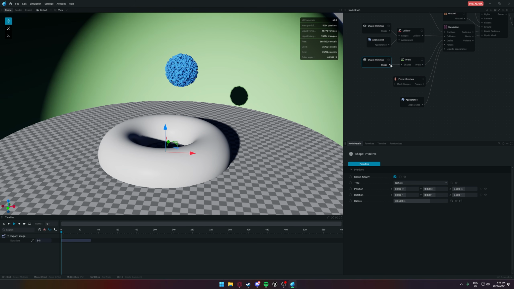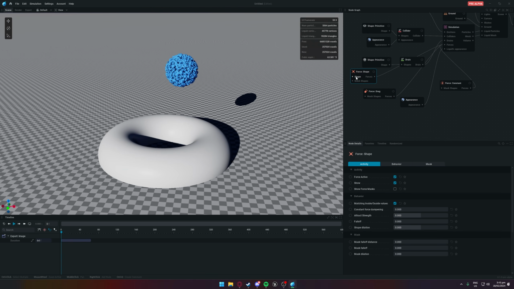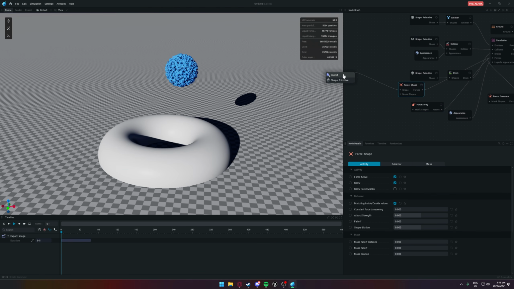So that's the drain. Pretty simple, pretty plain. Next we have forces. So you've got a force constant. This is just your basic stuff. It's just a constant force pushing. But you've got different forces, whether that's drag or shape. So you can effectively, I believe this,